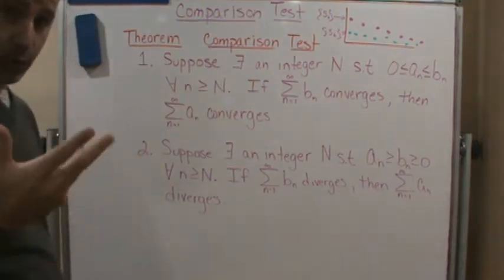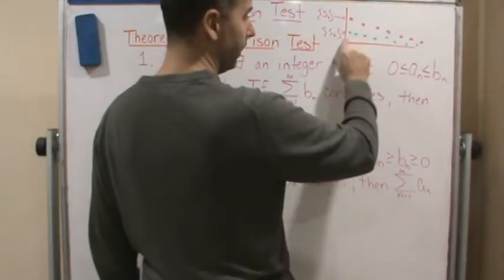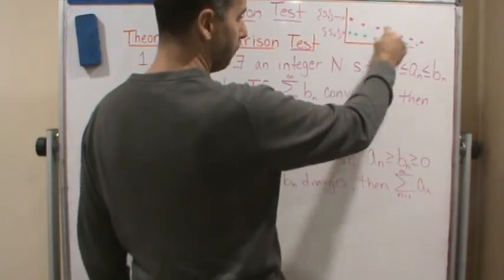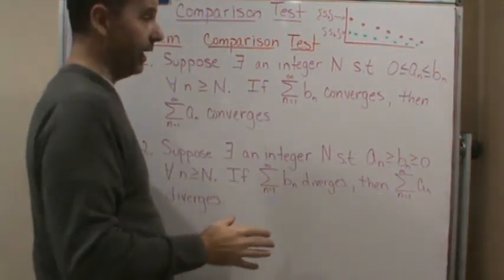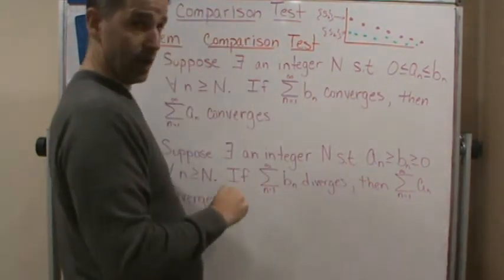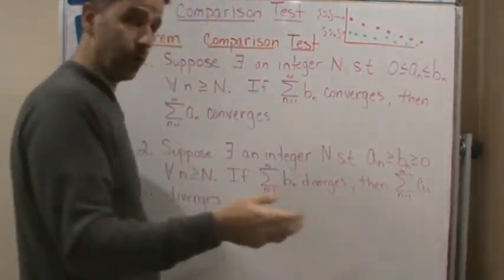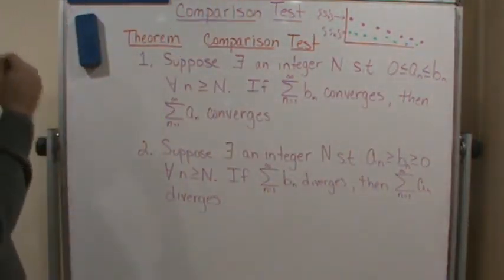Now, to what number we don't know, but the point of this theorem is that if this is true, and the bigger partial sum is converging, that means it's got a bound. That means the other series is bounded, which means it must also be converging. Now,